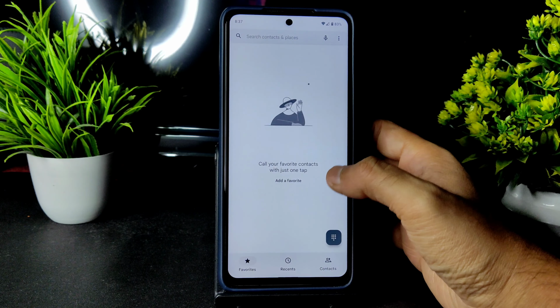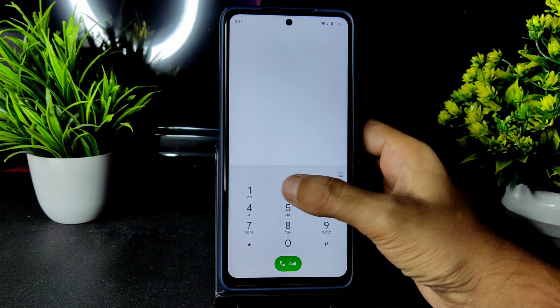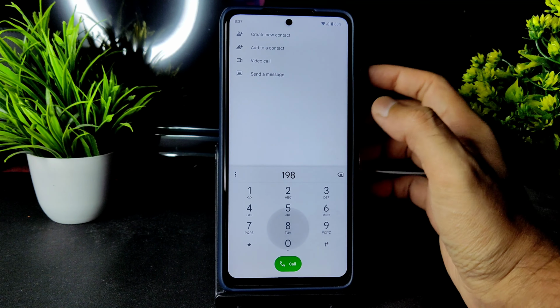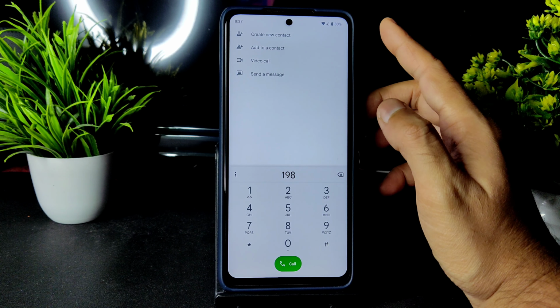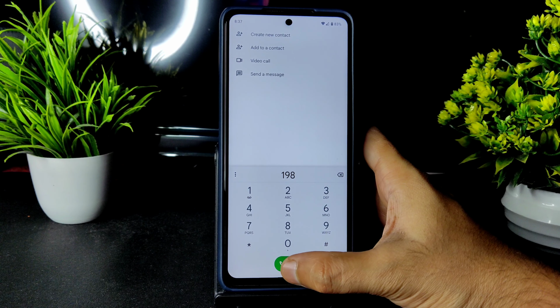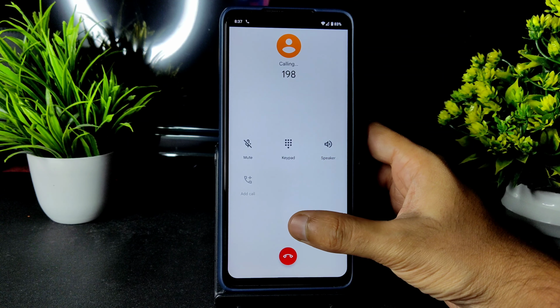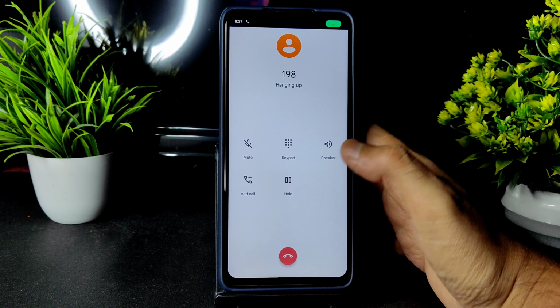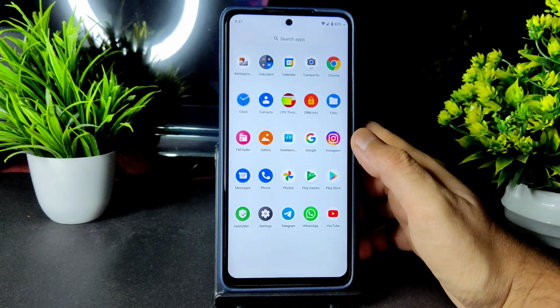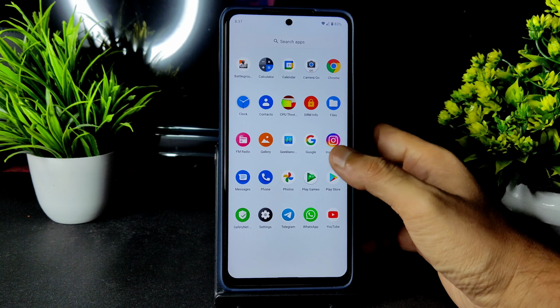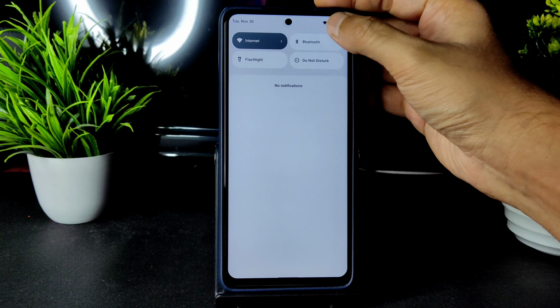and in the phone settings, let's see, you will get Google dialer here, and direct video call feature is available in this ROM. Call recording is not there, but anyhow most of the ROMs won't come with call recording. This is how the ROM is. I explained everything, I guess.